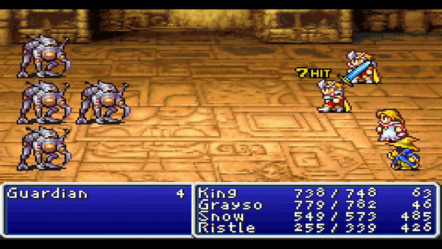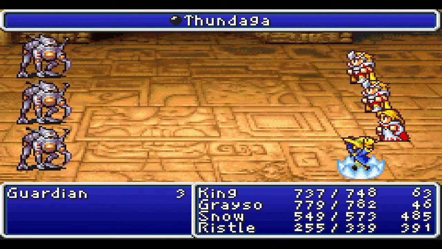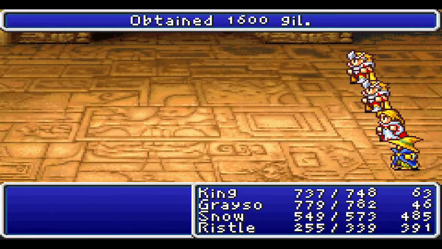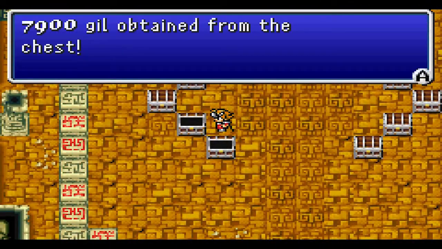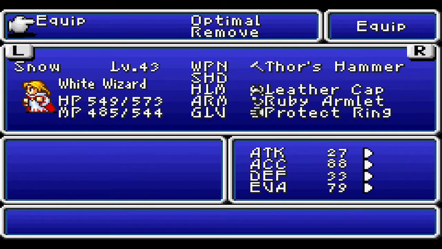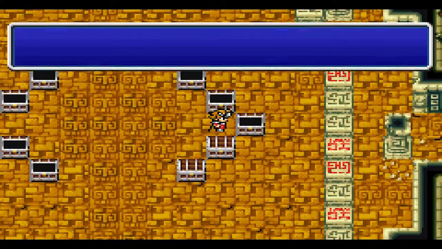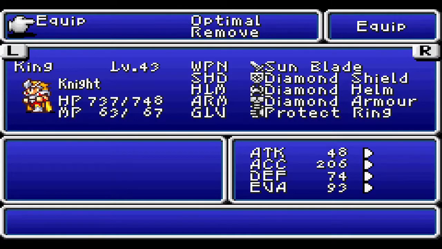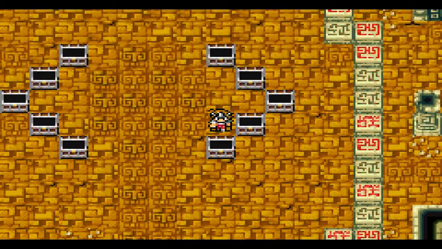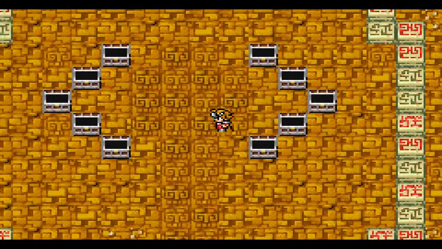This game went very drastically from like medieval fantasy to futuristic. As in, up until the point where we found the airship, we had swords, we were defeating a bunch of demons, we had magic, we were rescuing princesses. Thor's hammer. If it's a hammer, it's for the white mage. That's pretty sweet. But yeah, and as soon as we got the airship, Sunblade. Is that an upgrade for anyone? It is. Okay, sweet. Upgrades for both our fighters. But yeah, up till that point, it was fine. And then suddenly, Dragon Mail. Boom. Suddenly after that, we were...